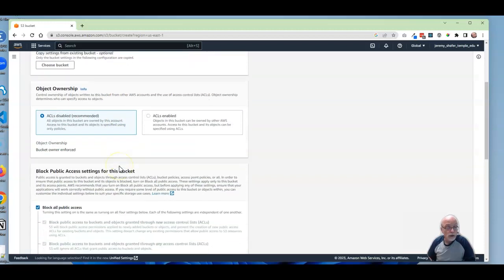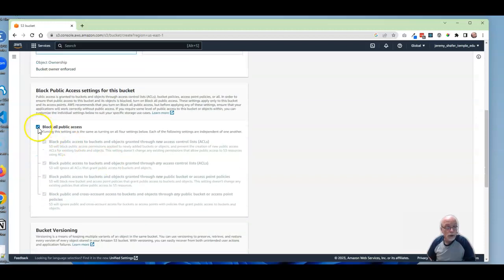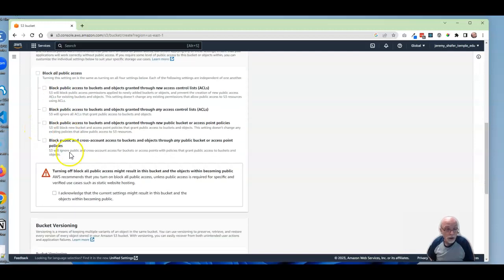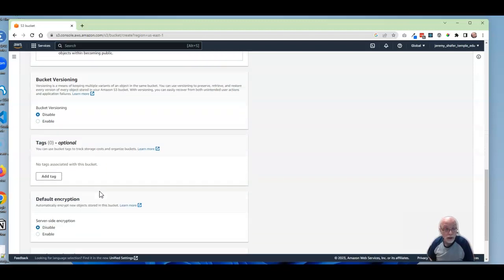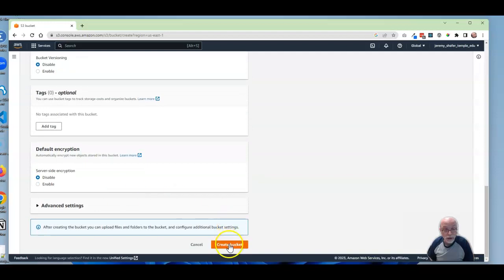and we're going to scroll on down here, and we're going to want to make this bucket public. So I want to allow public access. That means I uncheck this, and then I have to acknowledge that I have done this crazy thing. So I acknowledge that, yes, I understand that this bucket is going to have public contents, and that's about it. So I'm going to come down here and hit Create Bucket,